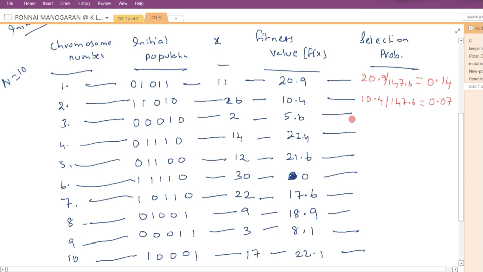Similarly for solution 2, the selection probability is 5.6 by 147.6, so maybe you will get some 0.3. I am writing directly: for 22.4, the selection probability is 0.15,